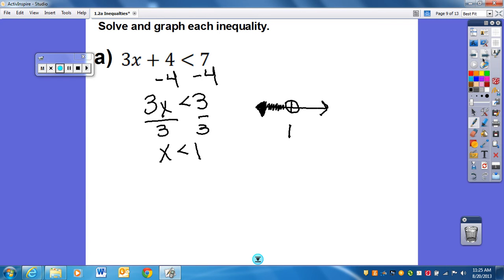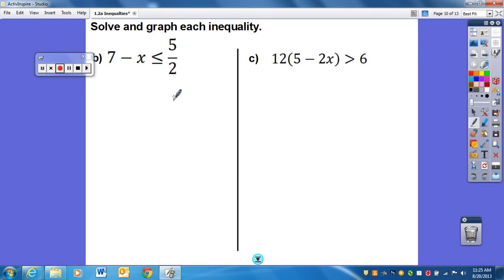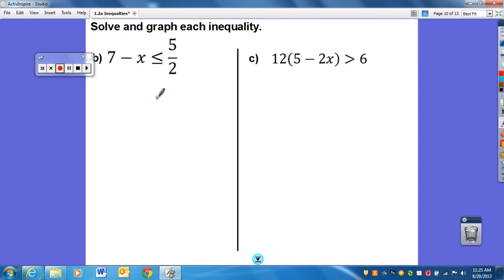Let's take a look at our next example. So we have 7 minus x is less than or equal to 5 over 2. So the first thing that I might want to do is change 5 over 2 to a decimal if that will make things easier for you. So that's going to be less than or equal to 2.5. And I'm going to get the x by itself, so I'm going to do the opposite, which is to subtract 7. So I have negative x is less than or equal to negative 4.5